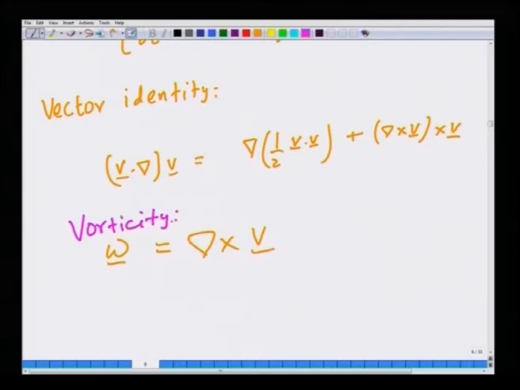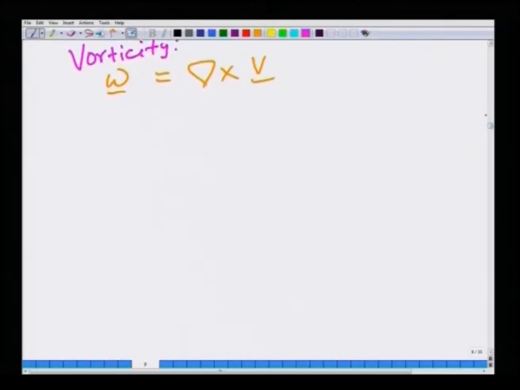It is the curl of velocity. Velocity is a vector. If you take the curl of velocity, you will again get a vector, that is called the vorticity vector. So, this is essentially nothing but omega cross V. Okay. So, I am going to rewrite the Euler equation as follows,